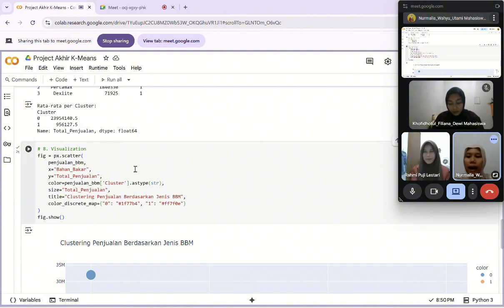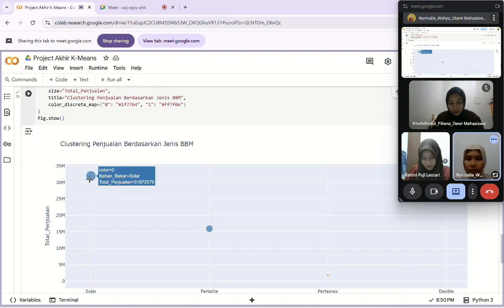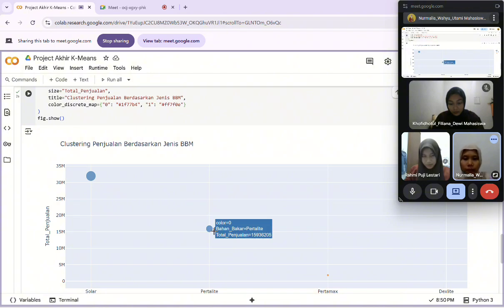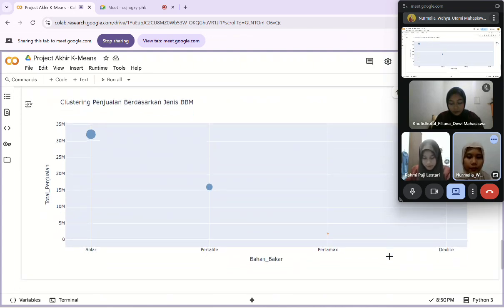So our clustering results are: diesel and pertalite are in the first cluster, indicating high sales; pertamax and diesel are in the second cluster, indicating low sales. That is the conclusion of our presentation.